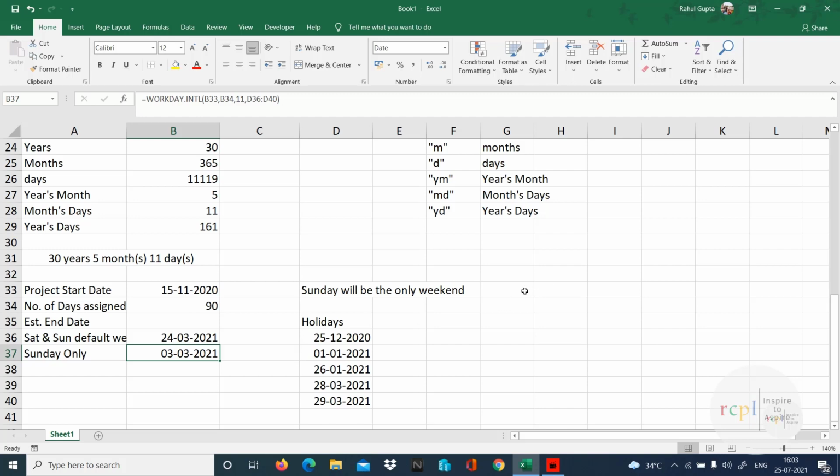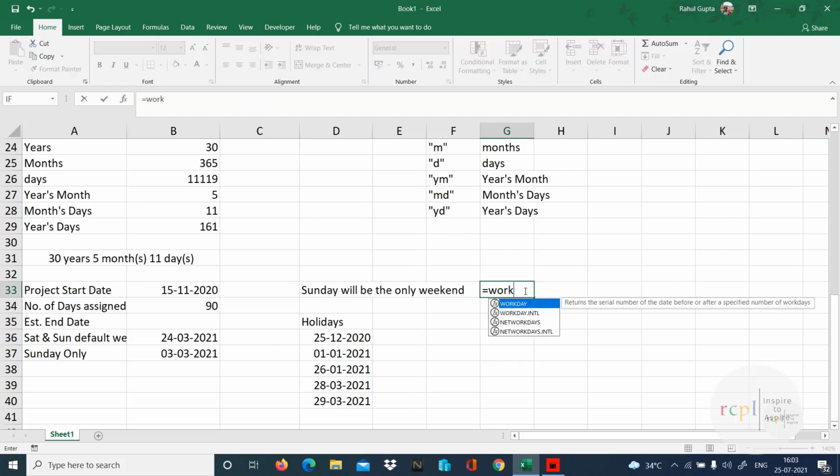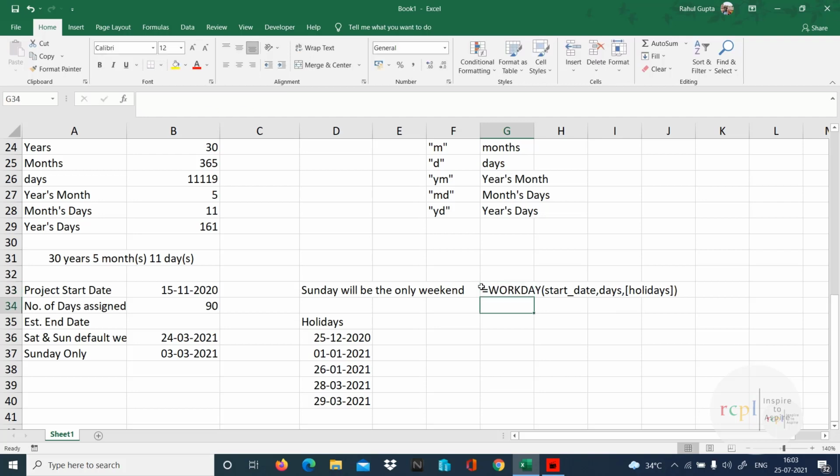I'm writing out the function also: is equal to workday, start date, comma, days and holidays. Again, holidays are not mandatory. If you're not giving any off, leave it. Don't give it. Here, Saturday and Sunday is the default weekend.